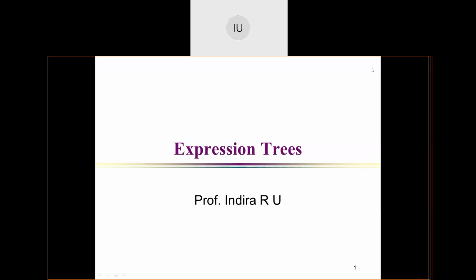Then when I have an expression directly available, like 2 plus 3 star 4, division 5, minus 6, and so on, when I give all these expressions as input, the computer scans from left to right. When it is scanning from left to right, it takes its own time. So if I want to convert an infix expression into the equivalent postfix expression, the time required, if it is a normal approach, is much more.